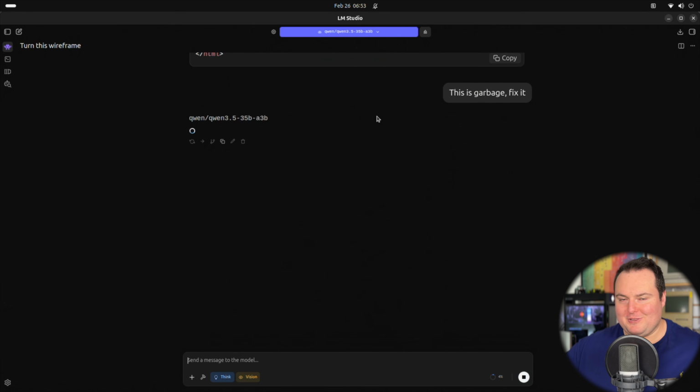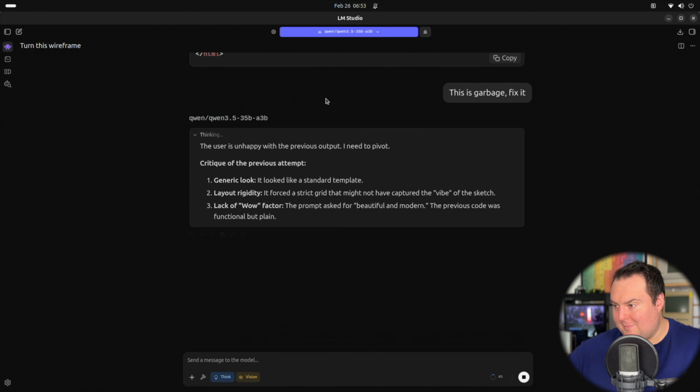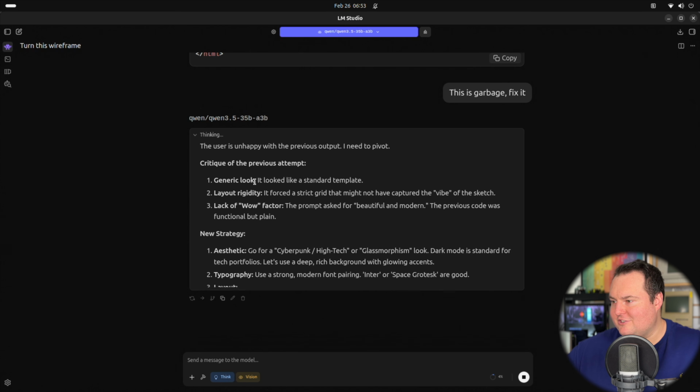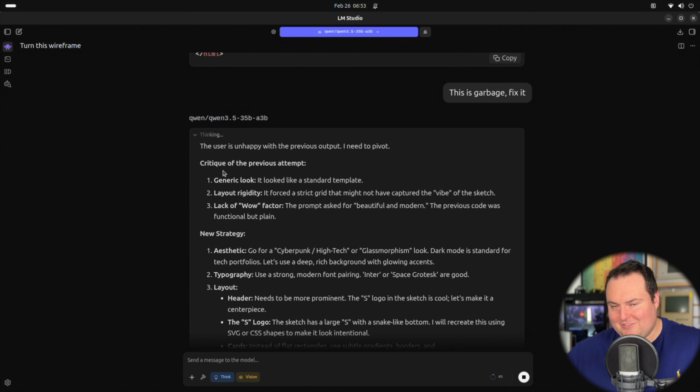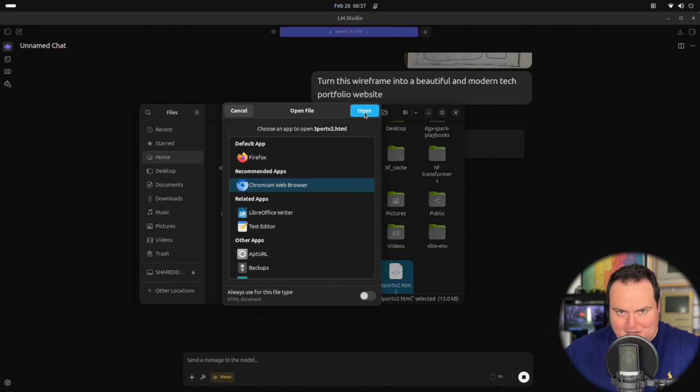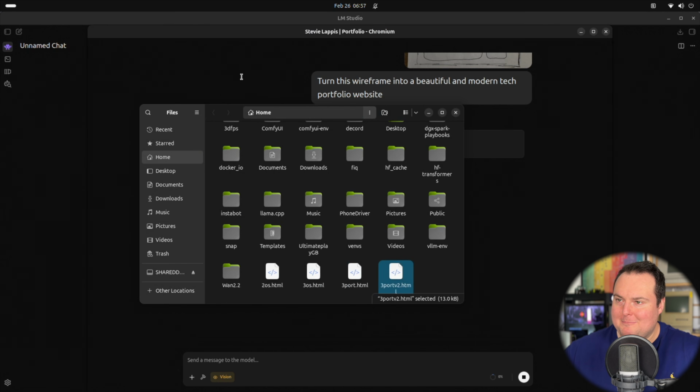And maybe we'll look into the chain of thought as well. The user is unhappy. I need to pivot. Critique, generic look, and remember, these are critiques that it's coming up with itself, being that I didn't say anything other than this being garbage. Layout rigidity, lack of wow factor. Very good. I've started the 27B model on this same test, but in the meantime, let's go and look at